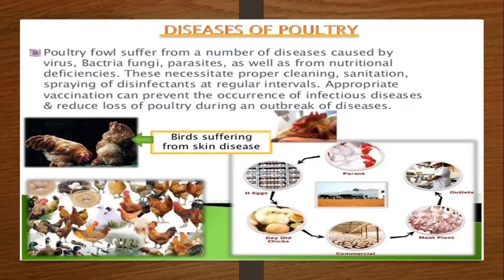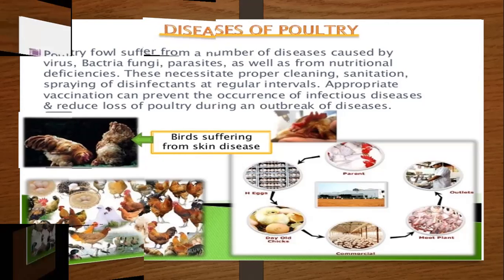When we are taking care of the animals, we need to see whether they have some problem, some disease, some infection. Like human beings, these are all living beings, so animals can have some disease. So in animal husbandry, we are going to see which types of diseases are possible for animals.